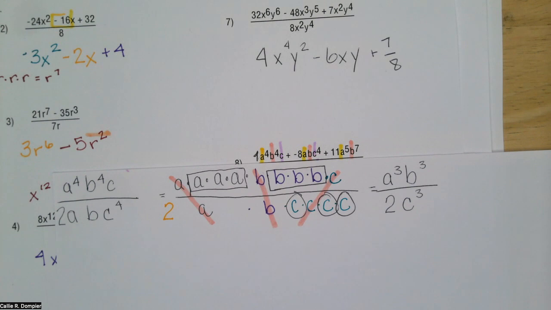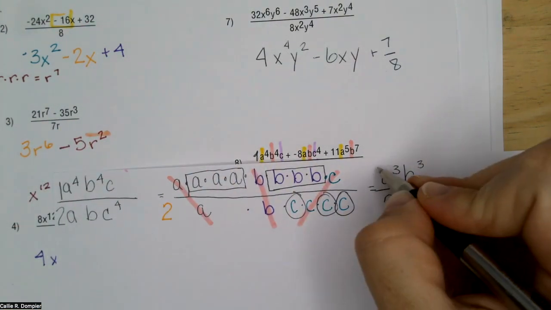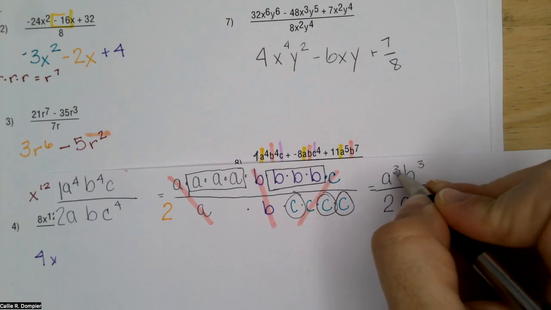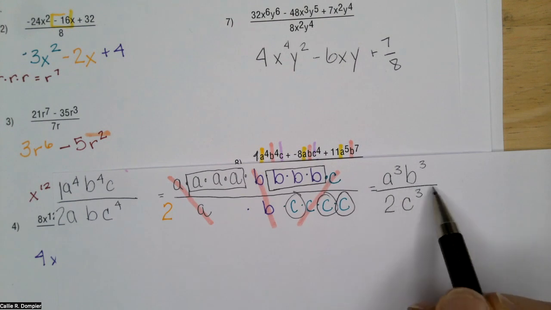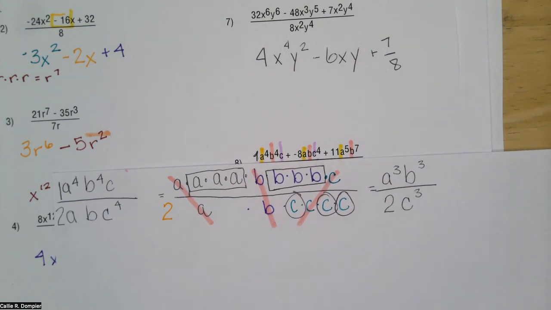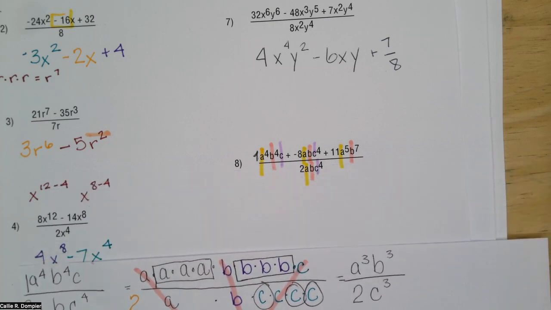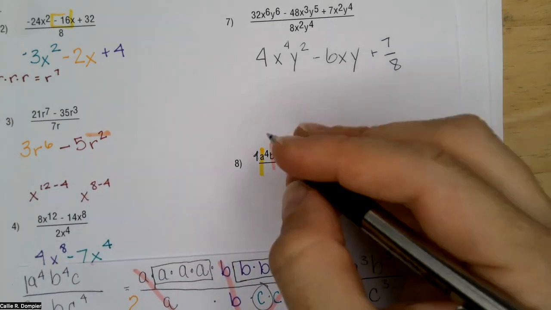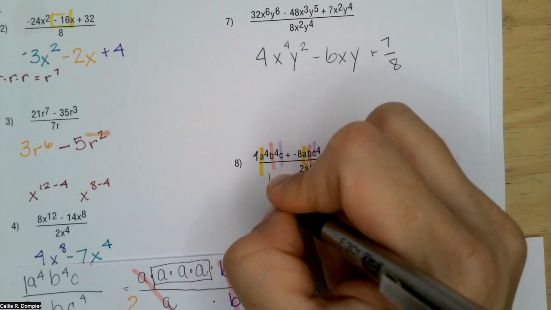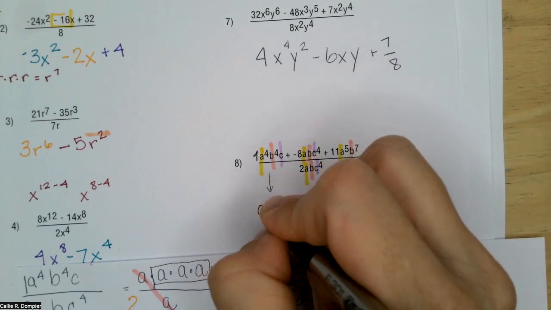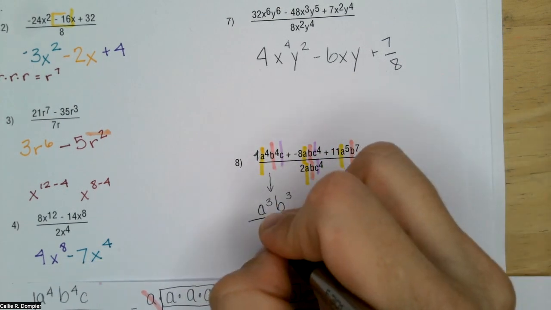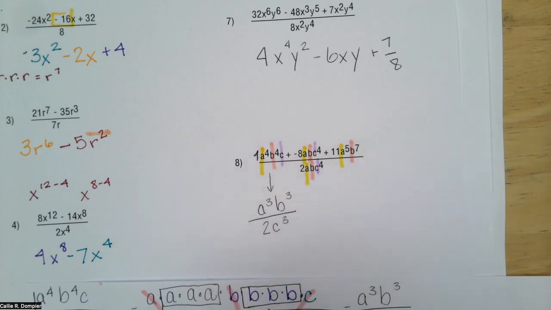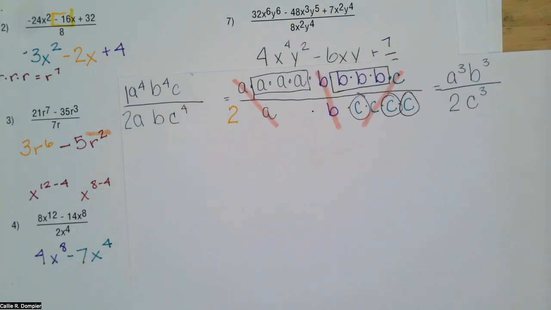Okay. And I said you could leave it as a 1 up here, or you could add a 1 up here. So you could call it 1/2 a cubed b cubed c cubed, right? Or you could just say a cubed b cubed over 2c cubed. Because the 1 doesn't really change the value of it. So that becomes a cubed b cubed divided by 2c cubed, right? Why? Because